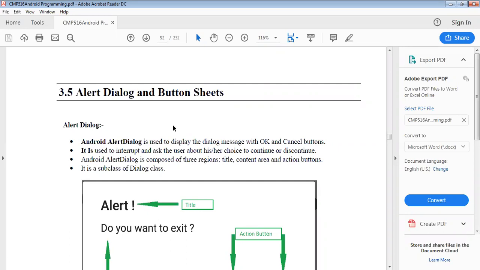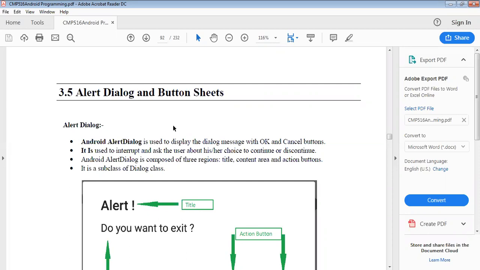So wherever an alert box is presented, there is yes or no, or correct or wrong, and you can see that alert message on our mobile phone. In Android, the alert dialog box is the same as that.